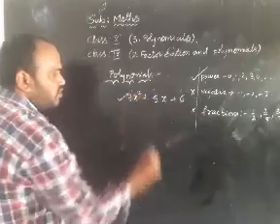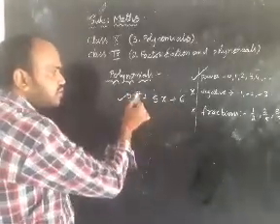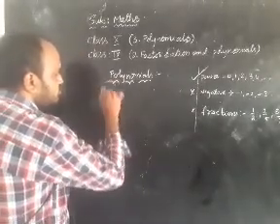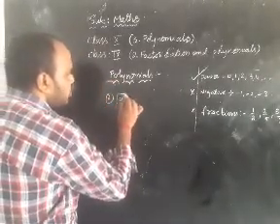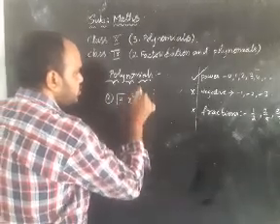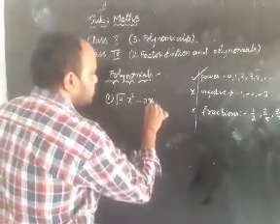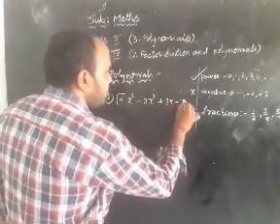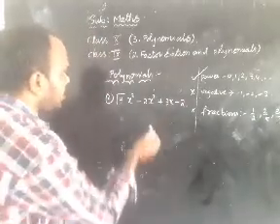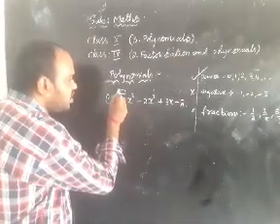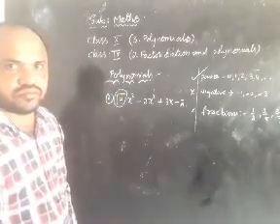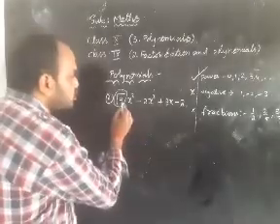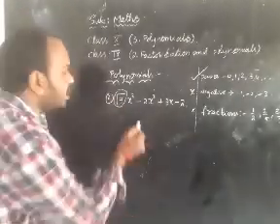Now see this example. This is a polynomial. Why? Because every power is 2, 1. Now see this example here. Root 3 x cube minus 2x square plus 3x minus 2. See here the root is only for 3. Here the root is not up to the x. So here root 3 is the coefficient of x cube.